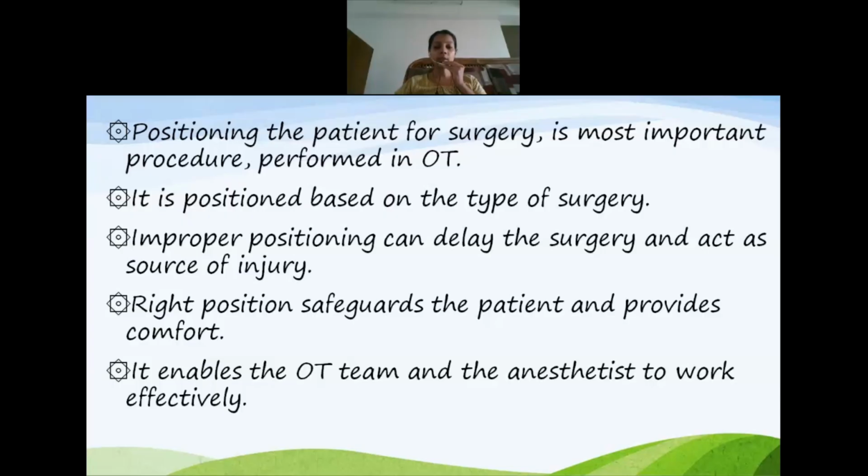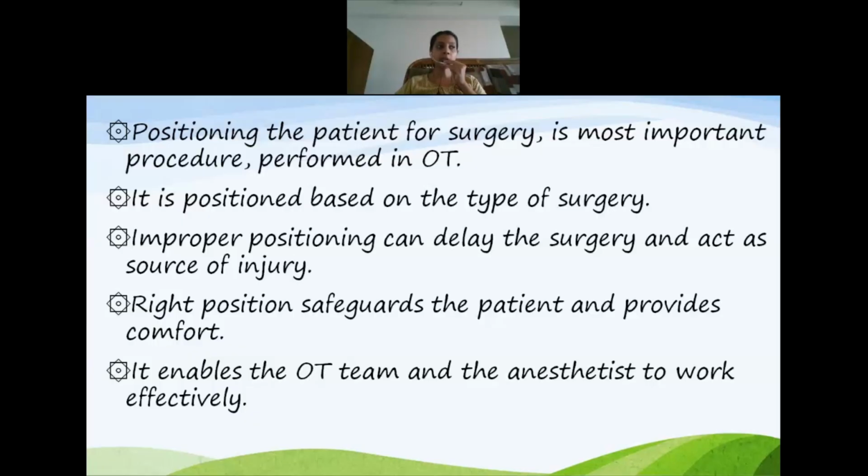You have already studied about different positions, maybe in foundations of nursing. That is a continuation of the same thing, but why we are using these different positions for the OT, that we are going to study in this particular chapter. A proper positioning will help the surgeon in order to conduct the surgeries. It also helps in correct exposure of the particular body part.